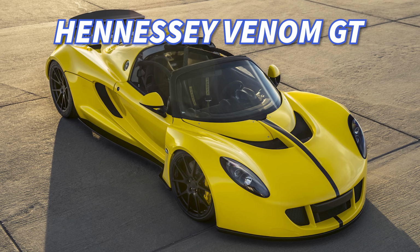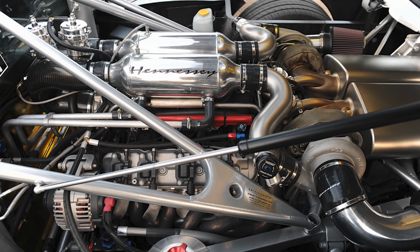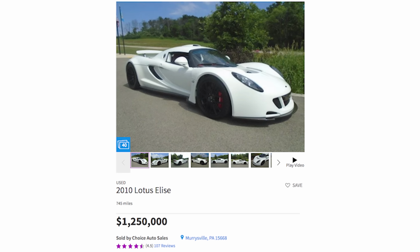Well, kinda. The Hennessy Venom GT, which is based on the Lotus platform, was stretched and strapped with a 7-liter V8. And that makes it one of the fastest cars of all time. But it will also set you back $1.25 million. So I think it's safe to say that it's pretty much out of the budget for you and me. But if it's not out of the budget for you, go buy one and hit me up in the DMs